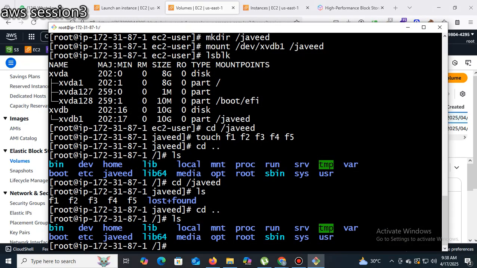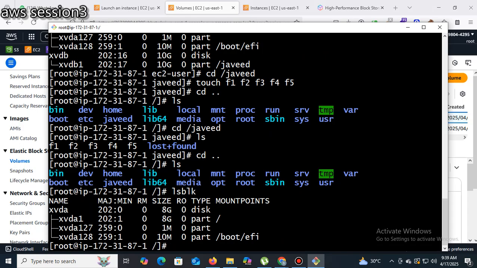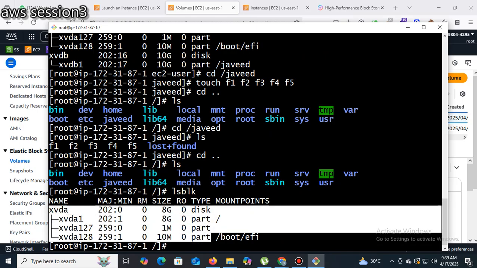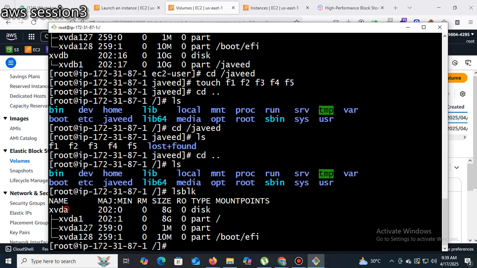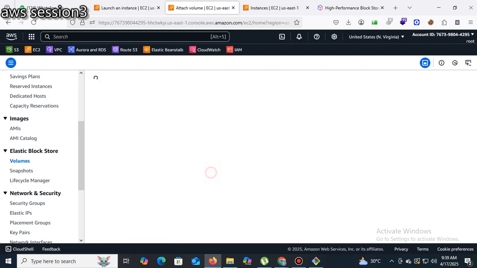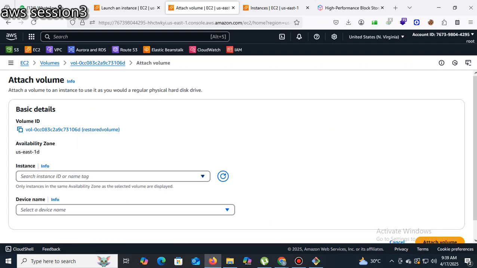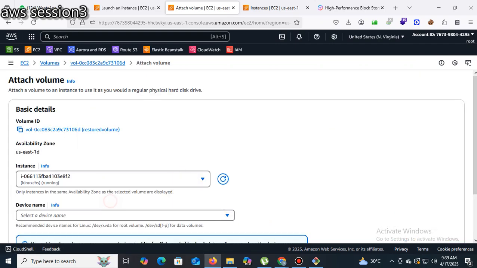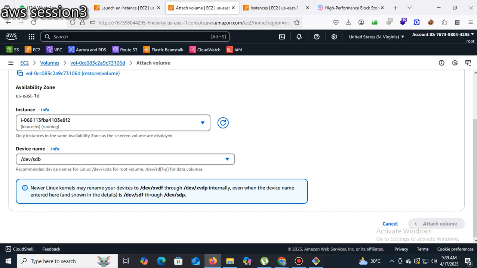Check here with lsblk. How many disks are there? Two are there, xvda and, sorry, we deleted xvdb. I created a volume now, so we're going to attach it as xvdb.